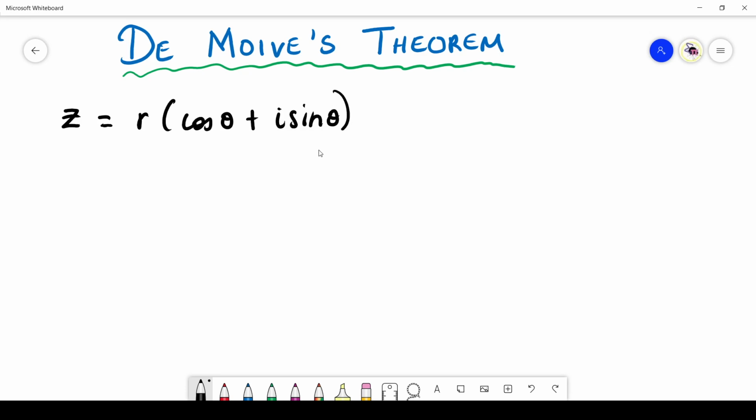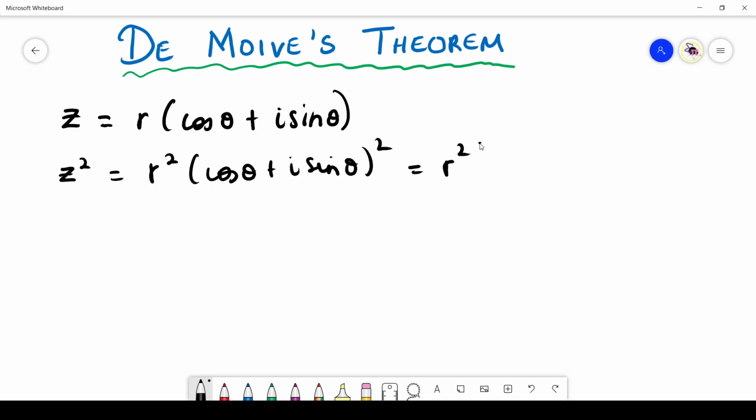And I guess over a period of time, they thought to themselves, hey, what if we were to square this? I wonder what would happen. So, of course, if you square that, you get r squared by (cos theta plus i sine theta) all squared. And if you use your rules of shortcutting squaring when you have two terms in brackets, you get cos squared theta plus i squared sine squared theta plus